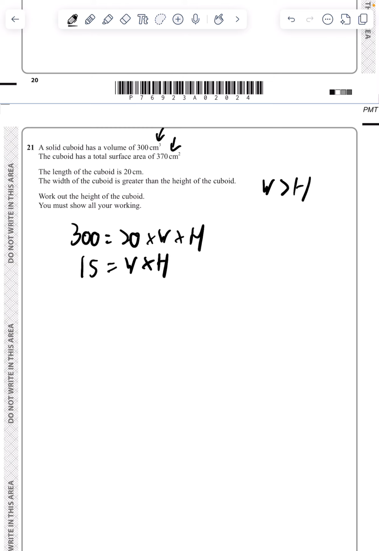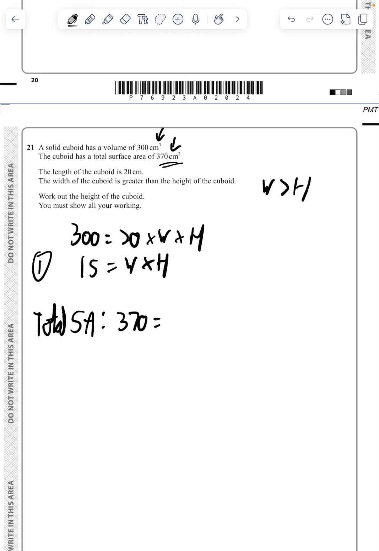So I'm assuming you set simultaneous equations because you've got two unknowns and you have this as well. So let's call that equation 1. And then total surface area is going to be all the faces. So height times width, 2 of them. Height times length, 2 of them. Width times height, 2 of them. So just